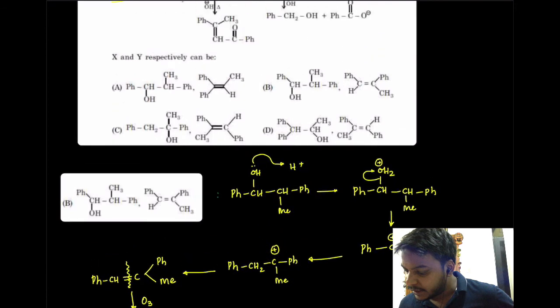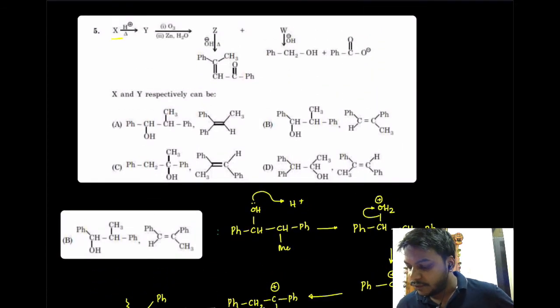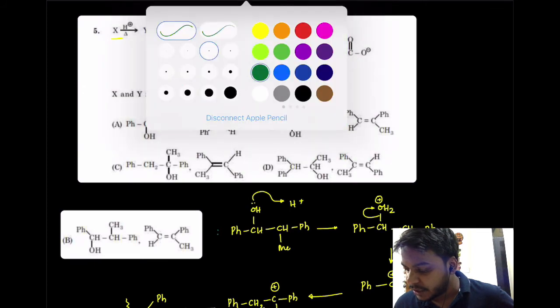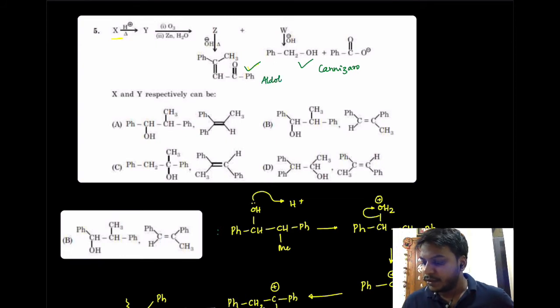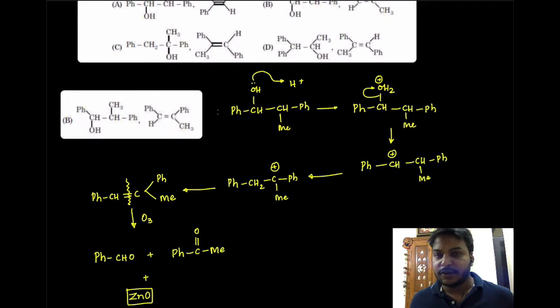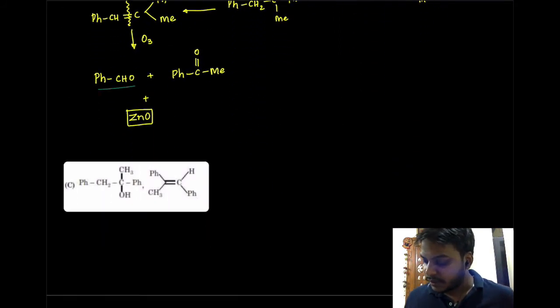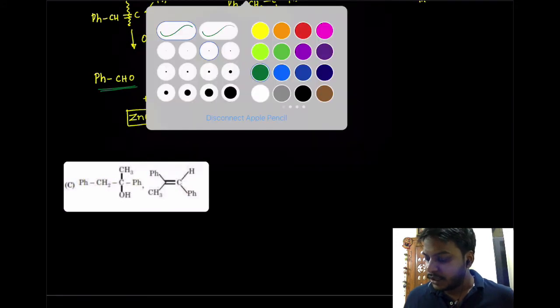And now he said that those aldehydes, one of them is forming this, you can see one of them as per the question is forming this, the other one is forming this. So definitely you can see this is more like a Cannizzaro reaction, and this is more of an aldol condensation. So we need to understand which one can go for Cannizzaro, which one will go for aldol. So here you can see this one will go for Cannizzaro because it does not have an alpha hydrogen.